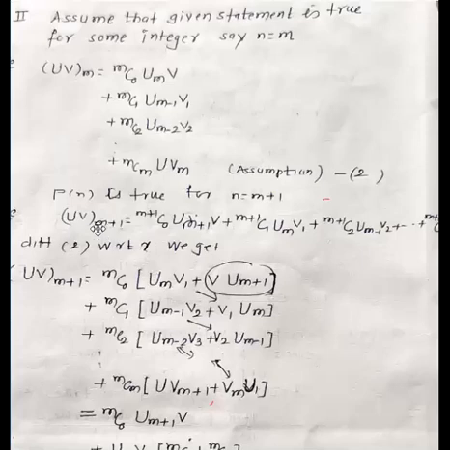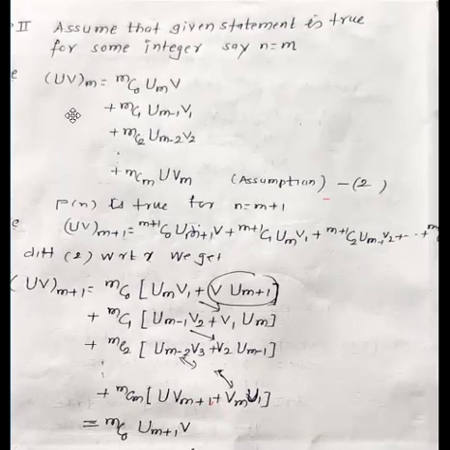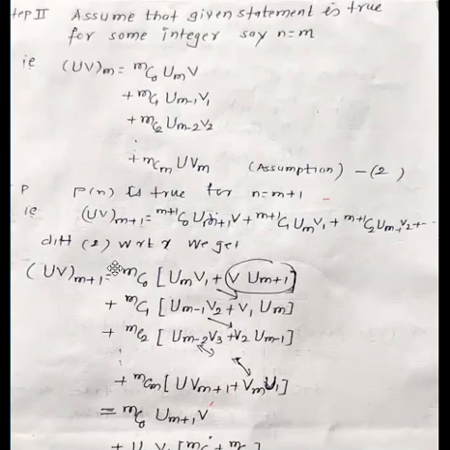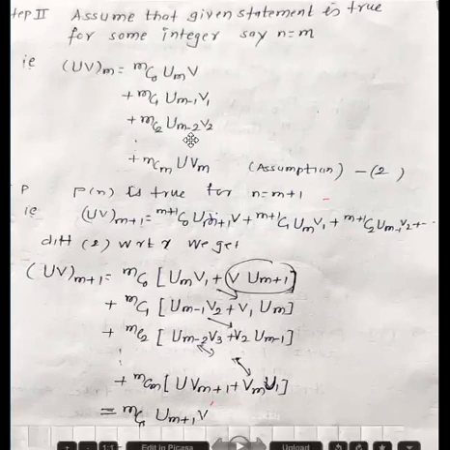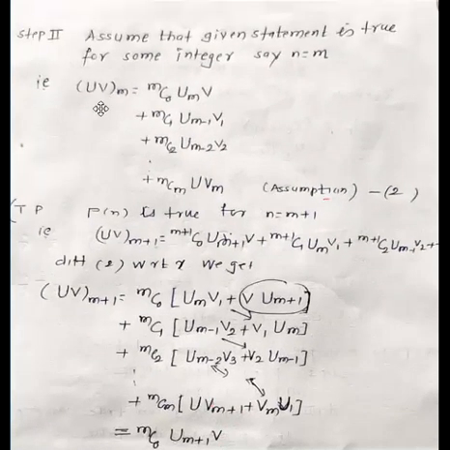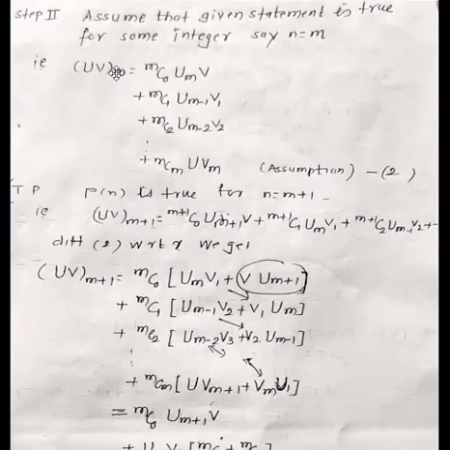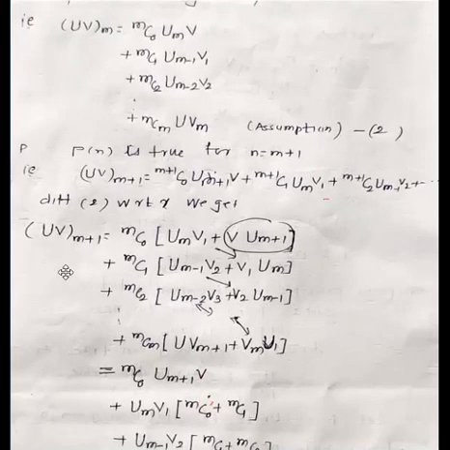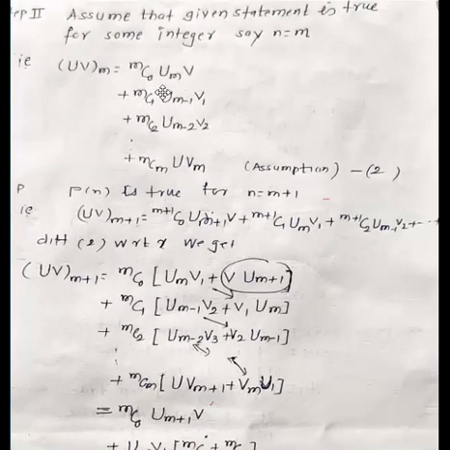But don't write it directly. We have to obtain it from this assumption, which is the mth derivative. We have to obtain the m plus 1th derivative. So how do we get the next derivative? Differentiate this mth derivative one time, and we will get the m plus 1th derivative. That is, from this assumption, we will obtain the next expression. So differentiate this equation 2 with respect to x. This is the symbol for the mth derivative. Here, when we differentiate, it will become the m plus 1th derivative. All right. Equal to, now differentiate the right hand side.